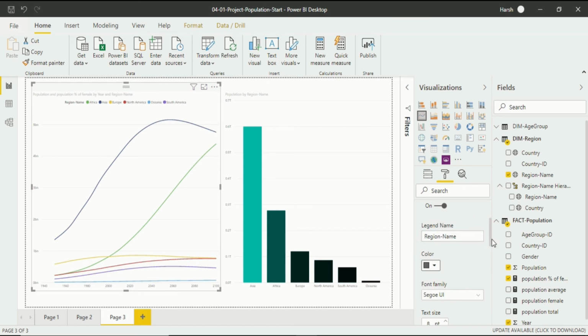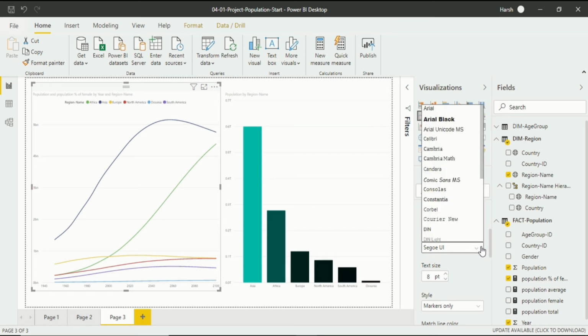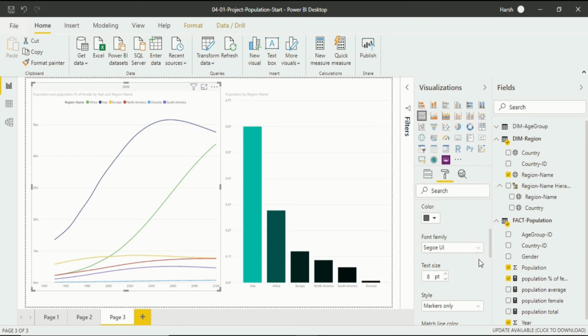We will move to another point, that is font family. If you want to change the font, you can also do that. Just by clicking here, you will see a lot of fonts that are available to you. You can change the font of it. If you want to increase the size, the option available for the text size is just below the font family. Like I want to increase the size, you can do that. So this is how you will increase the size. This is a 10 point, 11, this is a 12. I think 12 is fine.